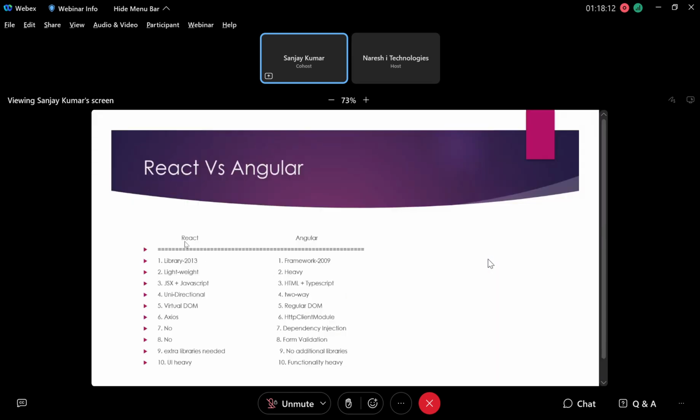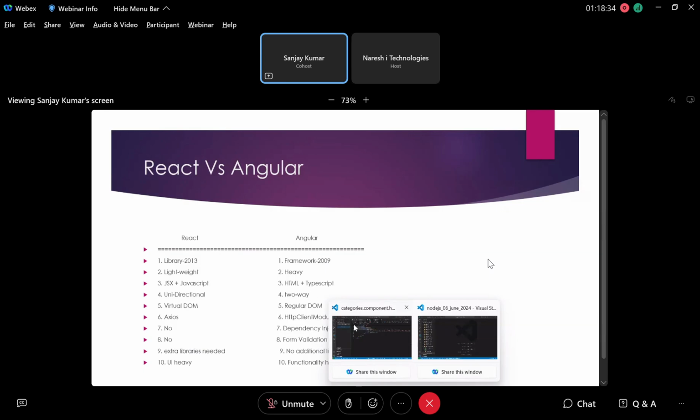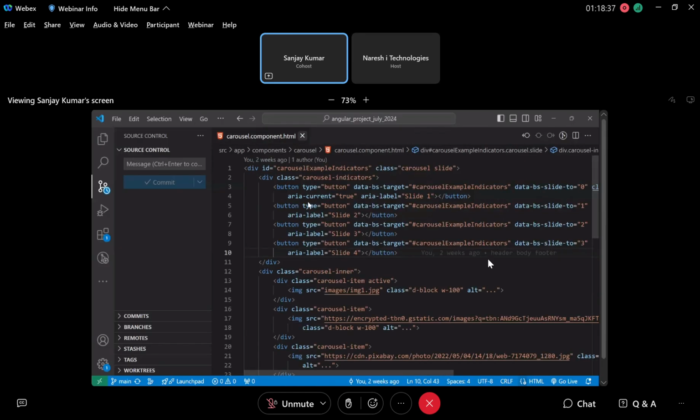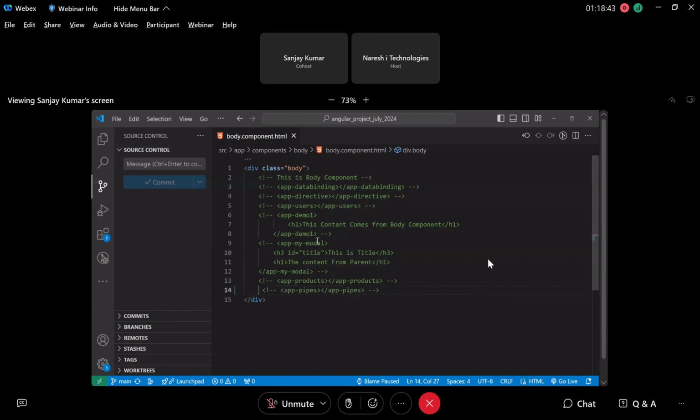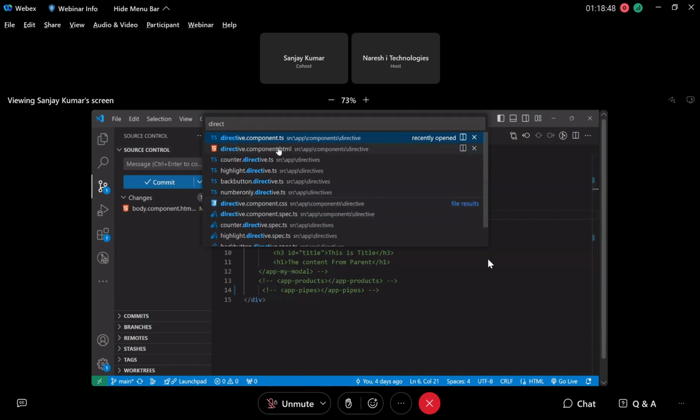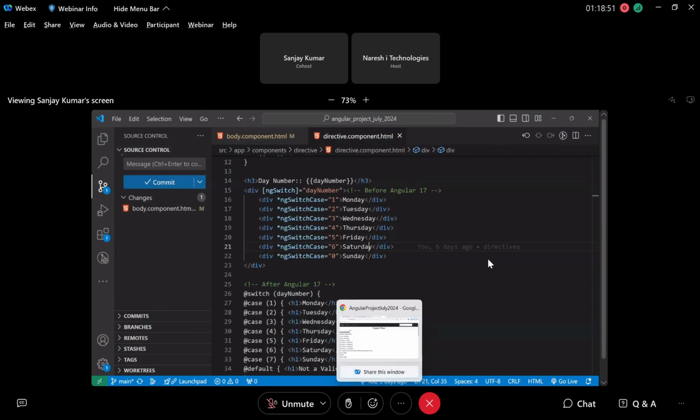Then React supports unidirectional data flow, whereas Angular supports two-way binding. What is this unidirectional data flow or one-way binding? What is this Angular supports two-way binding? Let me quickly show you. Yeah. So if we go and see here,